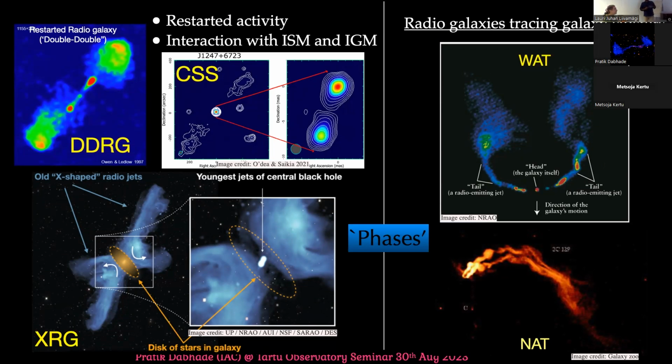So like I mentioned, the restarted, where you see two distinct sets of lobes, the inner and the outer. And sometimes if you go to very, very fine resolution, you see that a point source inside hosts a double again. So those are the categories. Sometimes they manifest into X-shape, where there is a backflow from the lobes hitting onto the host galaxy,